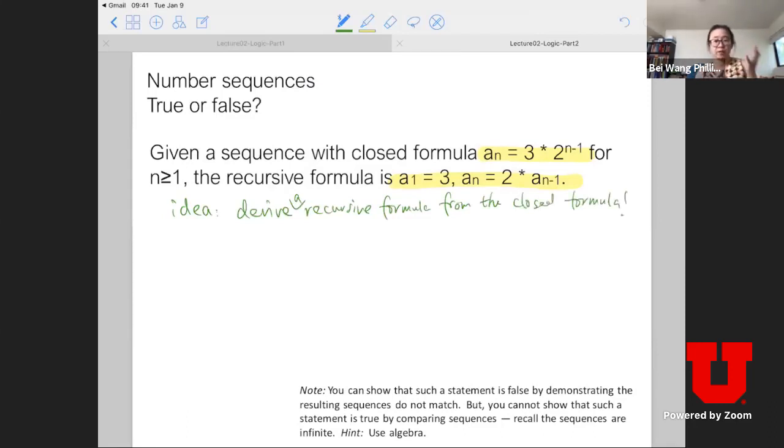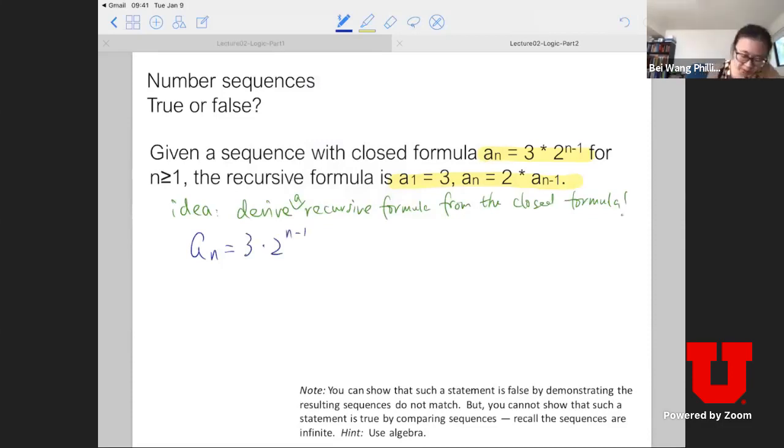If you give me a closed formula, I can derive a recursive formula, and I want to see if the recursive formula I derive is equivalent to the one that is provided. Okay, so in order to do that, because you're giving me the closed formula, a_n is equal to 3 times 2 to the power of n minus 1,